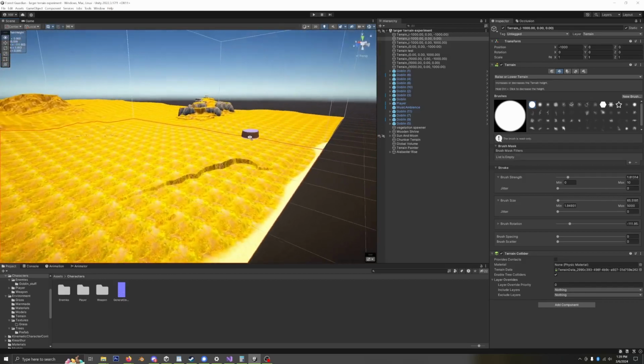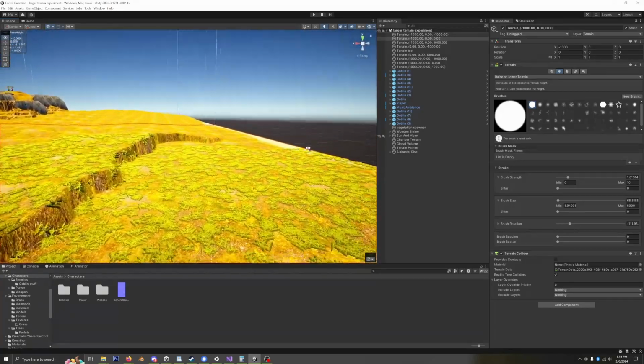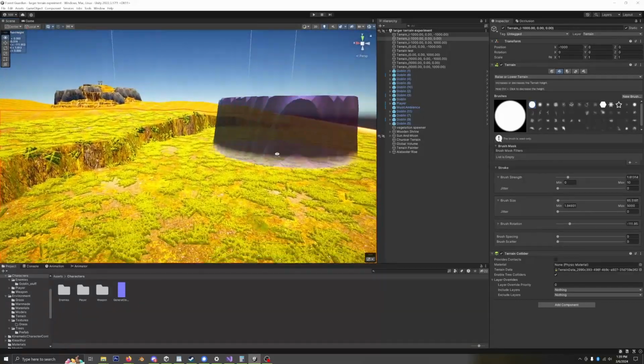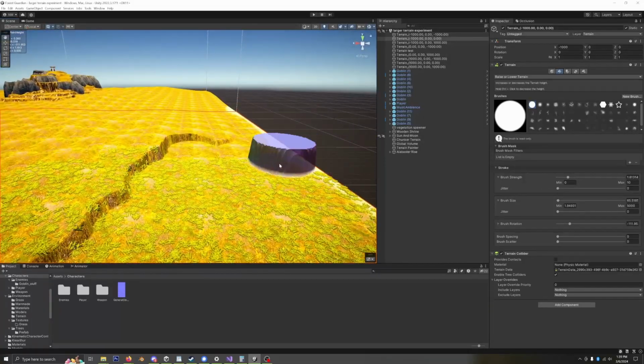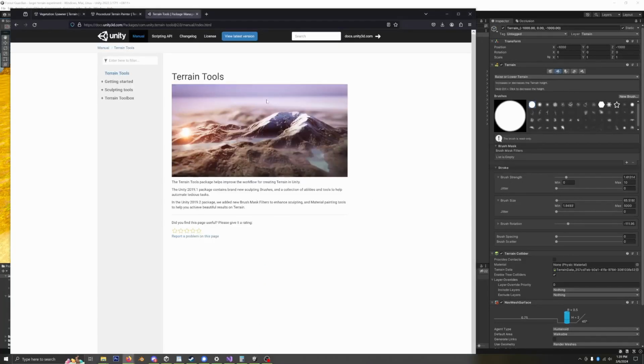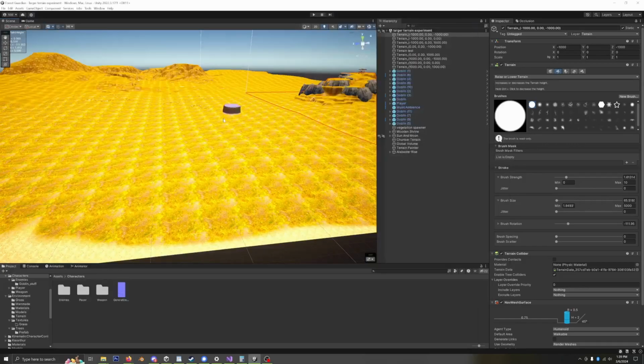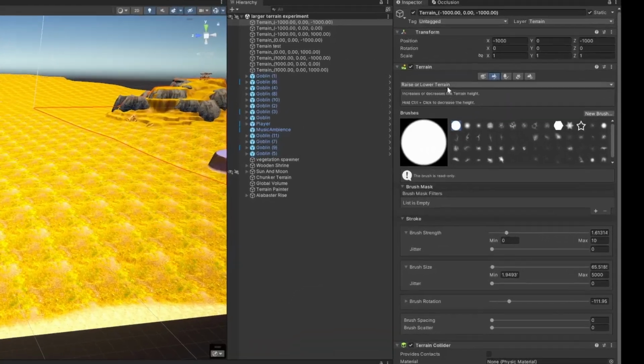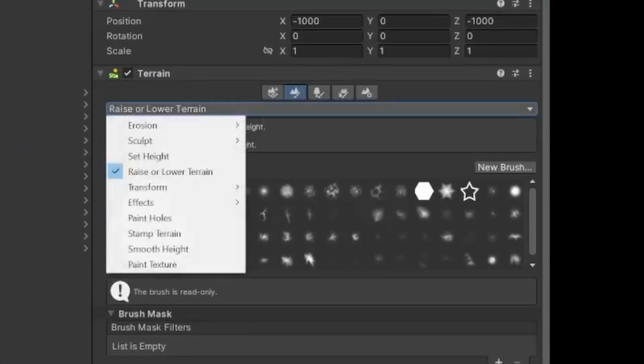But oh, look at that. That's not how deep I want the ocean to be, and Unity won't let me make the terrain go past 0. Rather than delete everything and redo all of my terrain and stuff from scratch, what you should do, by the way, if my terrain area over here looks at all different, it's because I have the terrain tools, an official Unity package installed. Anyways, what you want to do is go to your raise or lower terrain brush here,